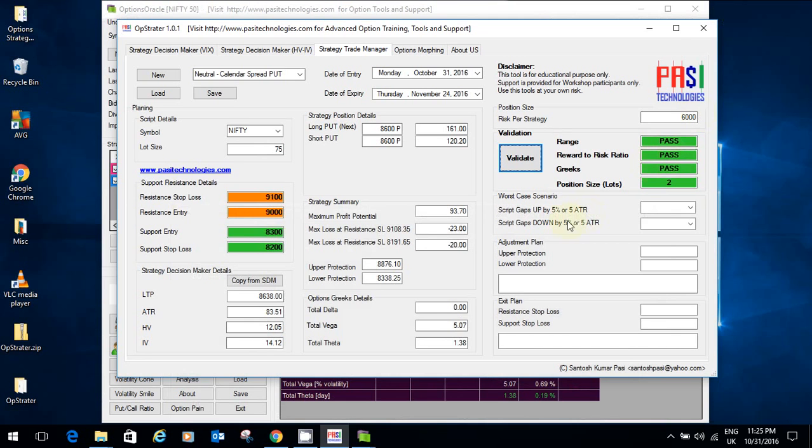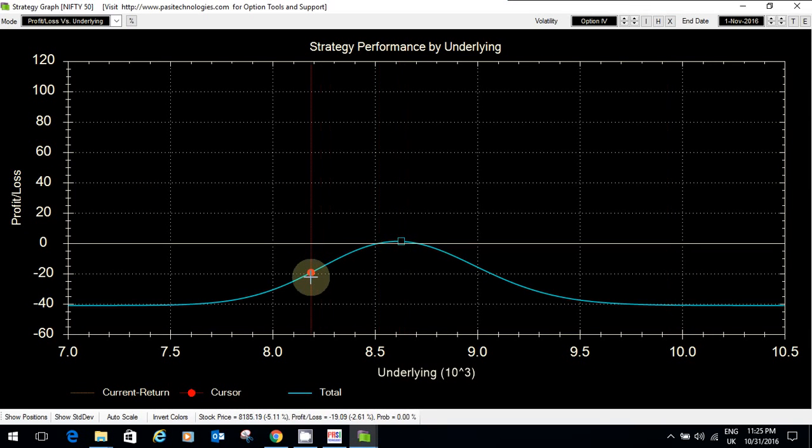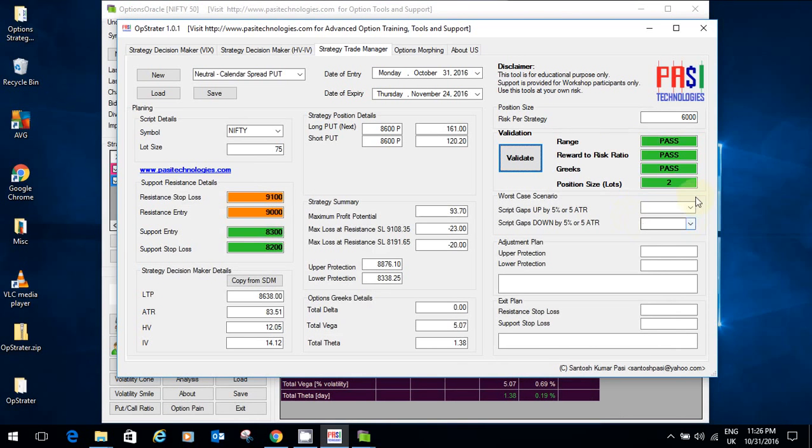And on the lower side again, let me go to 5% back, and if the market opens for whatever reason 5% down, I'm going to lose around 33 points. Is that 30? Sorry, I'm going to lose around 20 points, so that is acceptable risk for me. So I'll say I'm good, there are no surprises, it's acceptable risk for me,